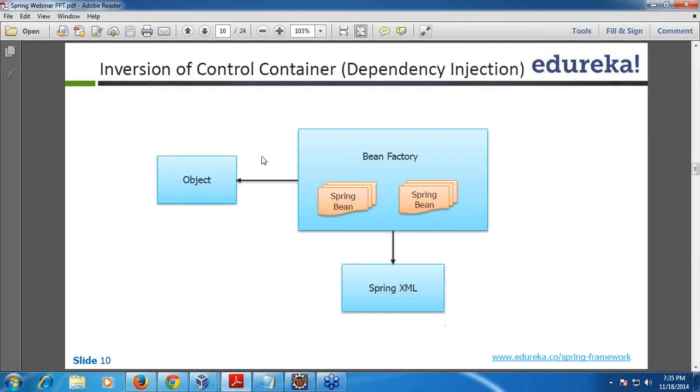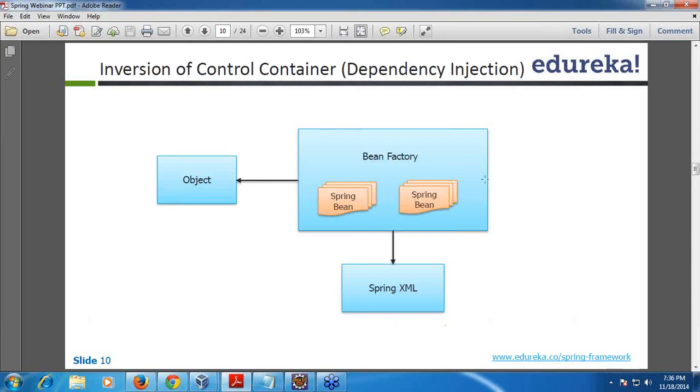So when I say dependency injection, Spring provides a beautiful layer. We call it the Spring Factory, XML files, and then objects. Let us take, for example, you need to create a lot of objects.